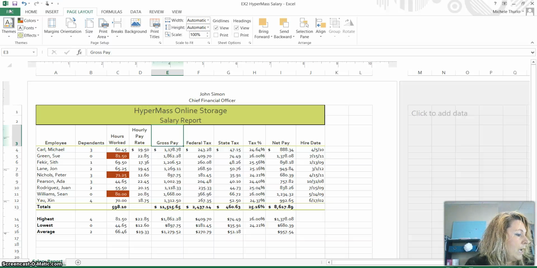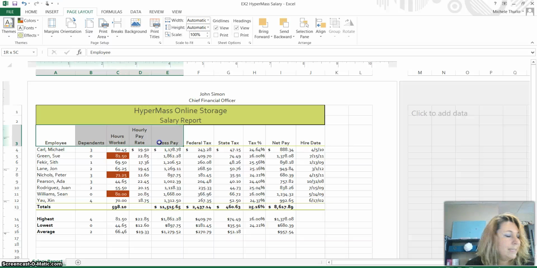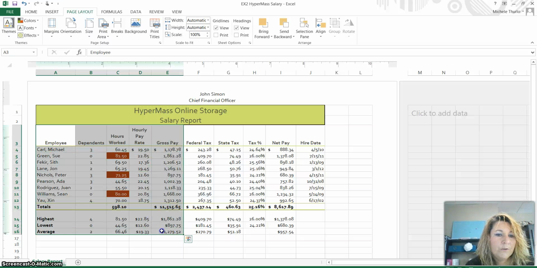not the whole thing. And we want to print cells A3, starting with the employee name, over through column E, and down through row 16. So really all we're wanting is the employees, their names, their dependents, hours worked, hourly rate, gross pay, and the average, highest, and lowest for all of those. And so if this is the area we want to print, we don't need everything else, so you're just going to select it on your,